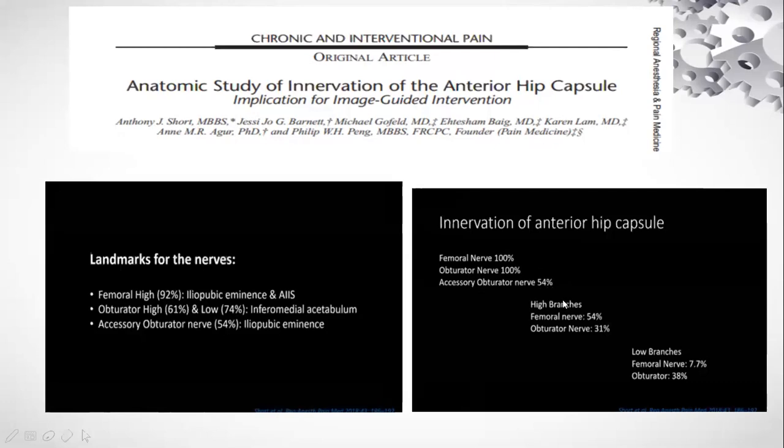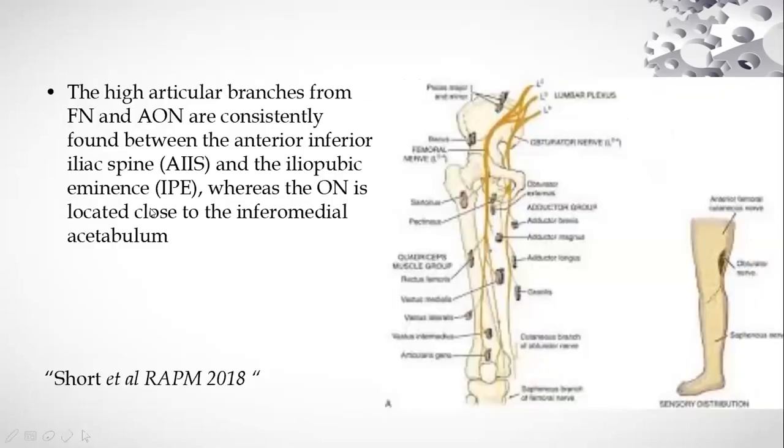Again, for high branches in this case, they found in 54% the femoral nerve was a high branch, and the obturator nerve in 31%. This shows that there is a lot of variability in terms of the nerves. We know that they are the femoral and the obturator nerve, but they may be branching high or low. So based on that and the approach that we take, the quality of analgesia can vary greatly. That is the reason why there is a lot of exploration on this topic, to enhance the quality of analgesia that can be provided post-operatively as well as to acute hip trauma patients. We will see more detail about the anatomy and papers regarding this.